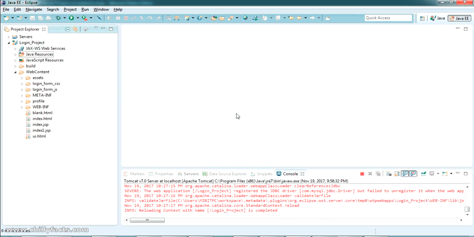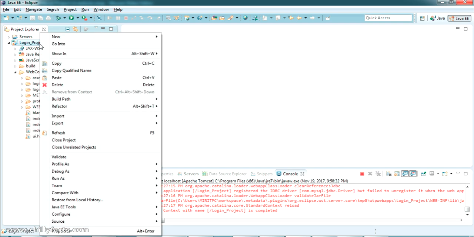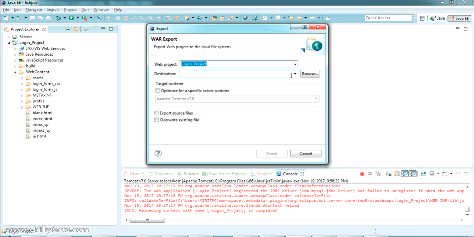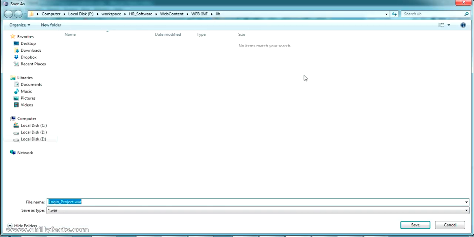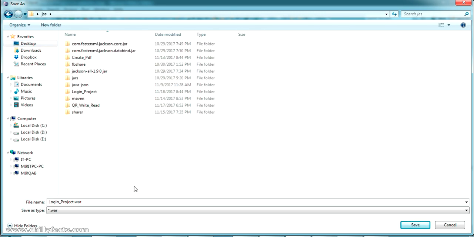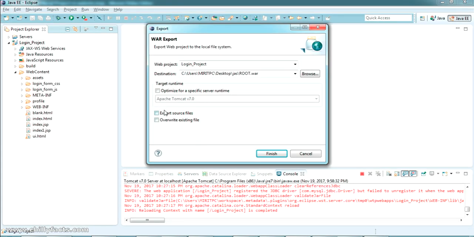Now let's go for making our project as a WAR file or web archive. So this is the way we host this project online. So just right click on your project, and where you can see the export as WAR file, just click on export WAR file, and choose the destination. So I'm choosing my destination as desktop, and there is a folder JSP. I'm giving the name as root. Okay, so just save the file as root, and